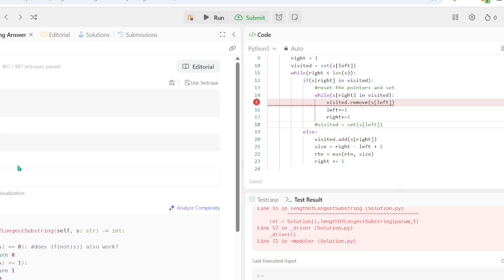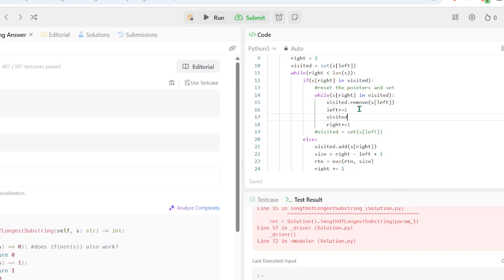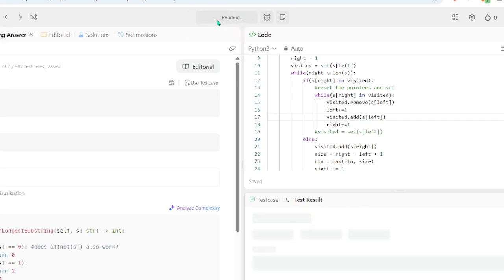So then that's why I did left plus one and right plus one. But that also doesn't work, I think. Unless I need. I think that was also missing.